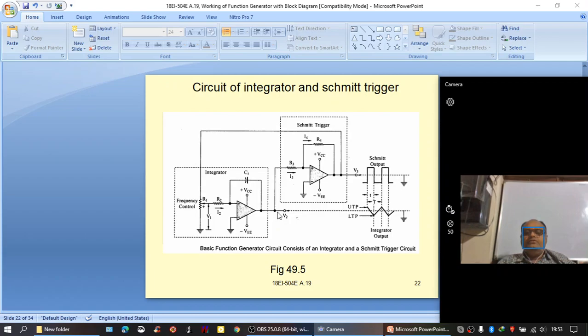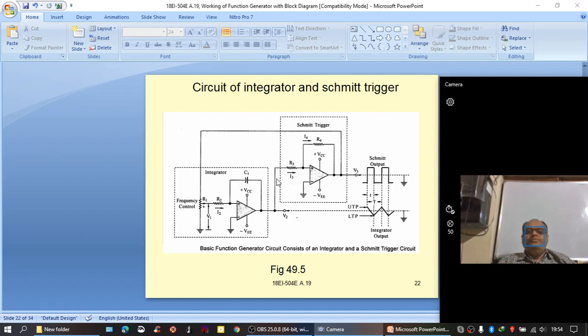Now when you look from the output here, that is when you see it as V2, then V2 appears to be negative here and positive here. Negative and positive is of course at virtual ground. So this charging of the capacitor, when you look from output, appears to be a negative going ramp. So during the charging of the capacitor, the Smith trigger output would be high,